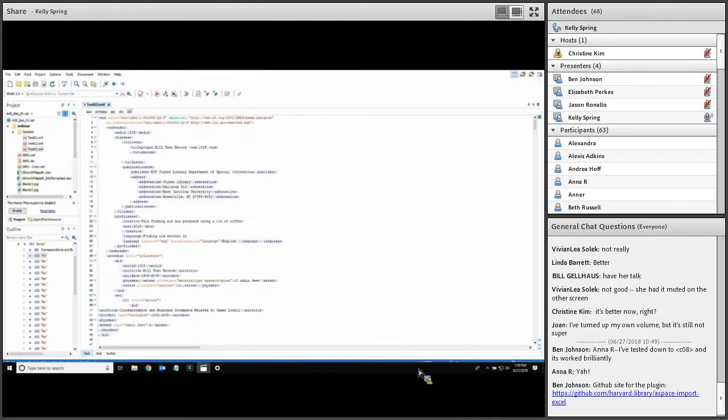So here it is in an editor, and my cursor up here in the right is showing this little green box. That just means that the EAD is valid. So that's not going to help me find the error. But that first part of the log did say container, and all of these over here on the left are files where a container might be throwing that error, but there are quite a bit of them. So I need to figure out which one is throwing the error. So we'll go back to ArchivesSpace,